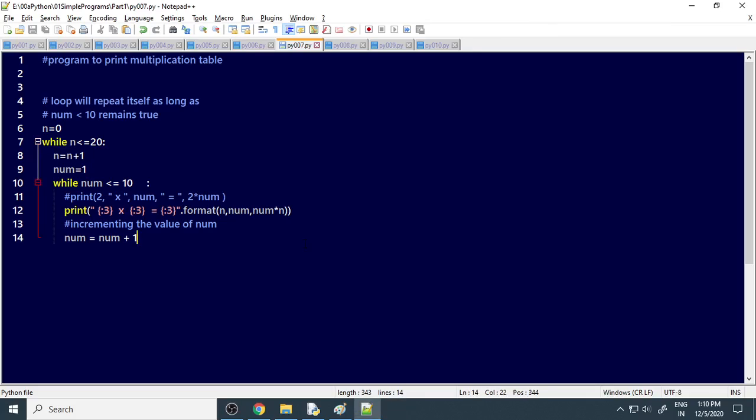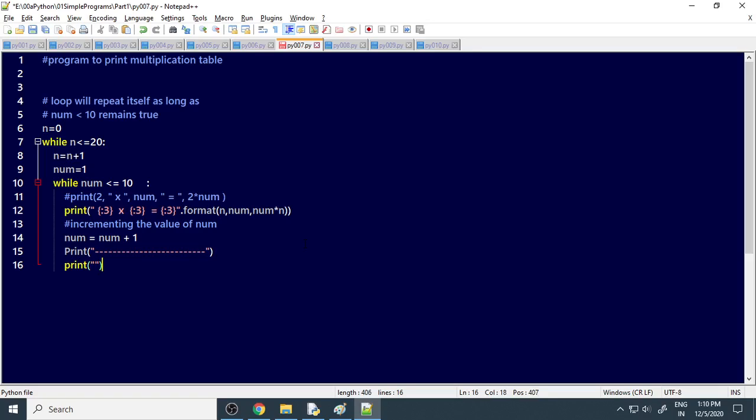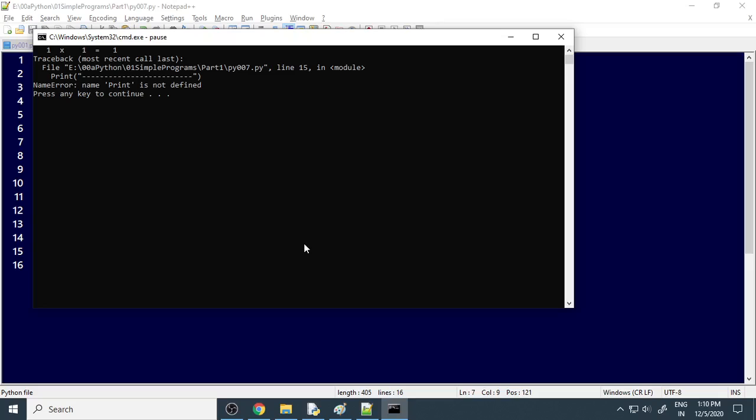So now you want to put one line after that, print, close this, and then you can give one more print, double quotes, one space over there. So this is less than 20.